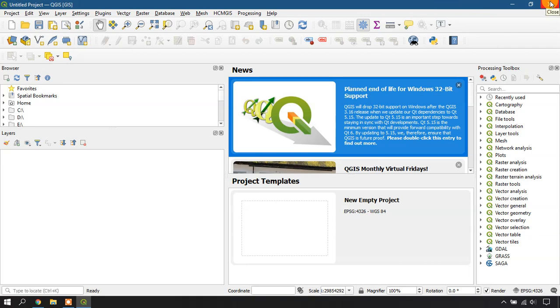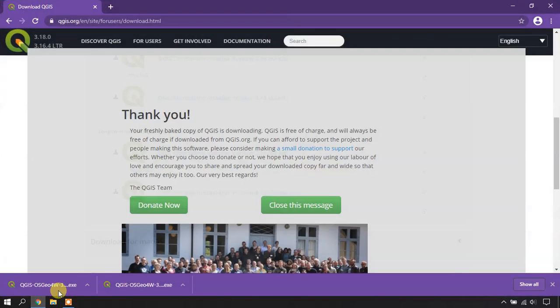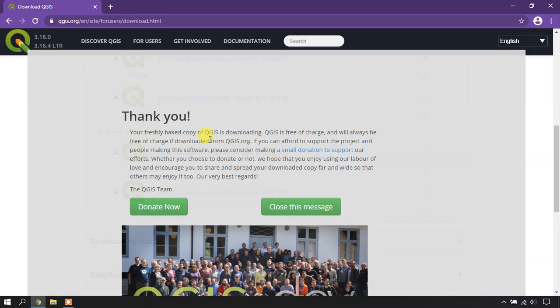Now we are going to install the other version. You can see we have also downloaded the 3.16.4 version of QGIS. That is going to be installed separately. The procedure is the same when installing the 3.16 or 3.18 version.